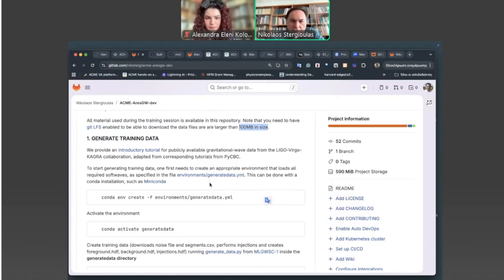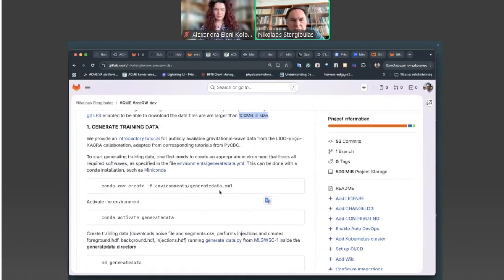Then we will switch to another one that requires many more modules, and that is for the actual training of AresGW on a GPU card. But let's start with the simpler one that is sufficient to generate data.